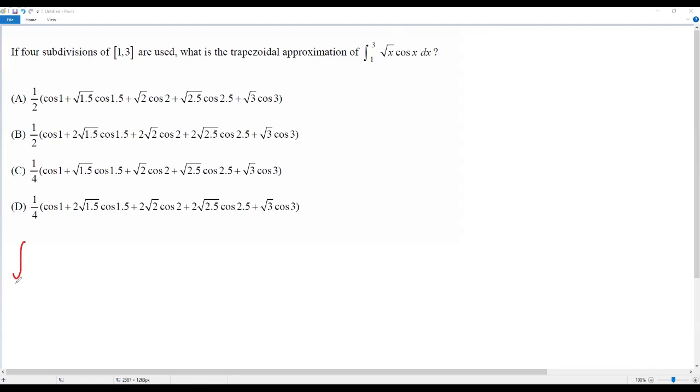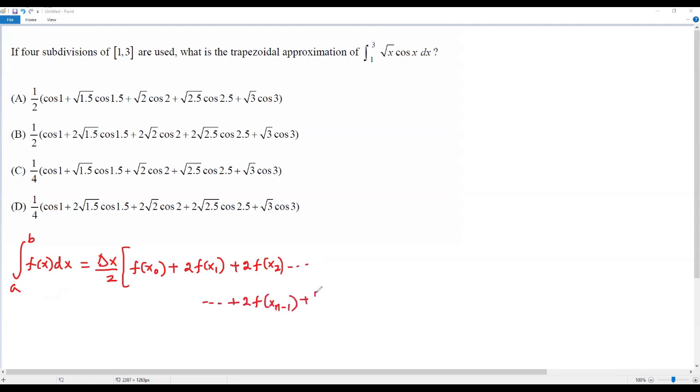Let me write the definite integral, that is the integral from a to b of f of x dx, and the formula to get the trapezoidal approximation of this definite integral is delta x divided by 2 times [f of x0 plus 2 times f of x1 plus 2 times f of x2, and it keeps going, plus 2 times f of x(n-1) plus f of xn]. Okay, so this is the formula we have to get the trapezoidal approximation of a definite integral, and here there is